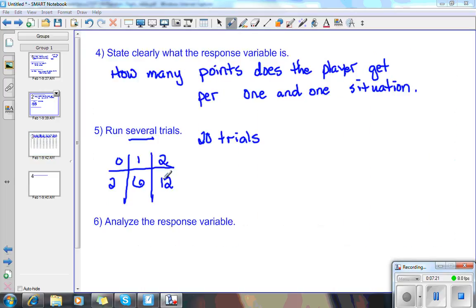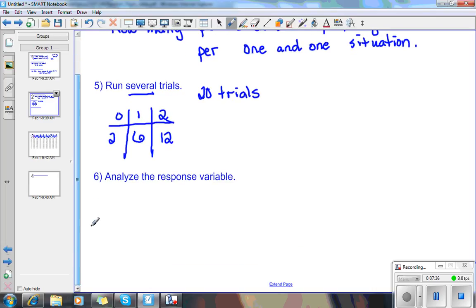Okay, what I wrote down, I made a little chart. I went through my results. And there were 2 times where he would get 0 points, 6 times he got 1 point, and 12 times he got 2 points. So when I analyzed the response variable, remember we were looking for how many points on average when he is in a 1-on-1 situation. So I'm going to add those points, and when you add them up, you get 30. So 30 points over 20 trials. So we have about 1.5 points